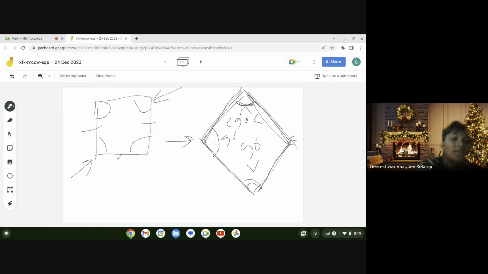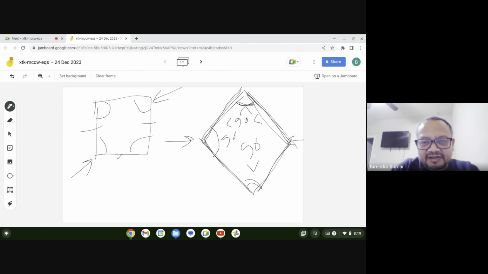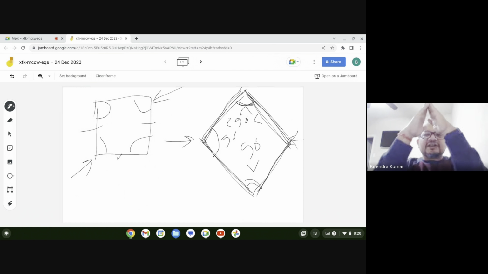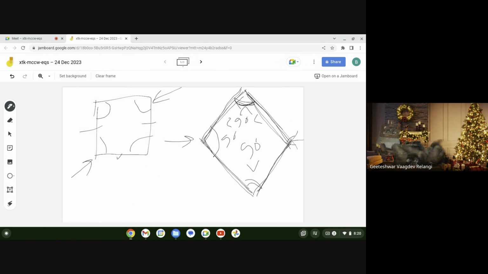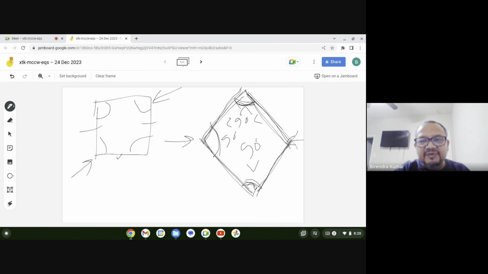I want to see how it's parallel. Yeah, they are parallel. They look parallel. I will prove that mathematically also when we talk about level 2. Don't rush. But one thing is for sure to remember: when you squeeze the square and make it a rhombus, it still remains parallel. The length of the side still remains the same. Only difference is the angles are not 90 degrees anymore. The top angle and the bottom angle become smaller than 90, and the side from which you were squeezing it becomes bigger than 90.